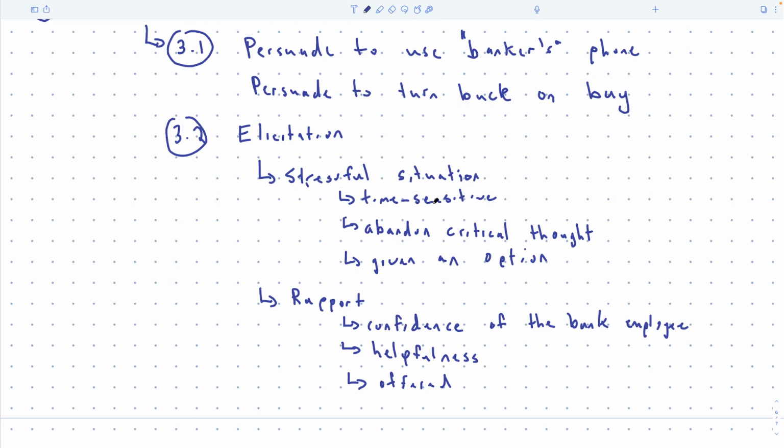So time sensitive, you sort of induce the idea that you need to do something quickly, and then I'm handing you the phone right now and you can do it right away, right? So that's hard to turn down. And if you did turn it down, you also risk offending him as well. Maybe you have no problem offending people, but it's kind of a slap in the face to say, oh, actually, maybe you're not who you say you are, right?